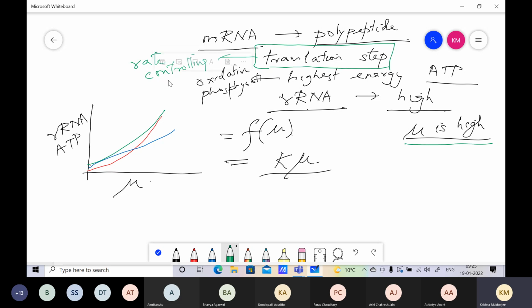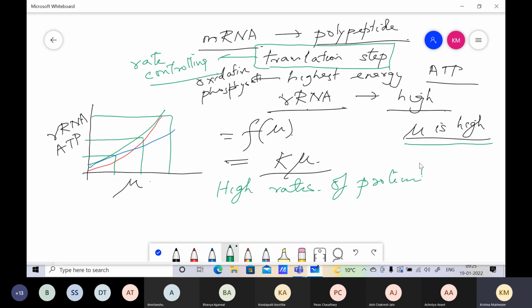What does this tell you? It tells you that you need to keep mu high, because this is the rate you will get. So if you want high rates of protein synthesis, which obviously you want, and because you now know that protein synthesis is being controlled by translation, then obviously